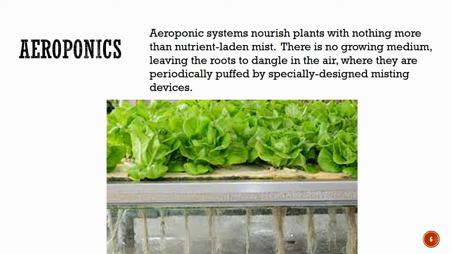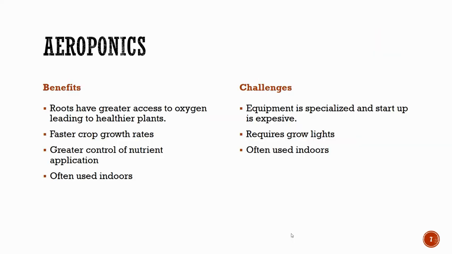So you can see some similarities to hydroponics, a little bit different because we're just misting those roots, and that can be done in a variety of different setups. The benefits to this system are that the roots have a really great access to oxygen, and that leads actually to healthier plants and that they can grow at their own rate. We see that the operator can have very great control over nutrient application, and in addition, it can be used